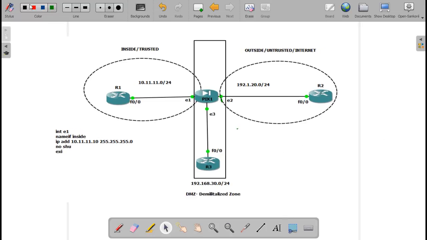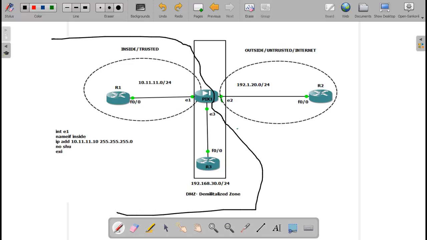In this diagram, this much part is of your company, and this is your internet.